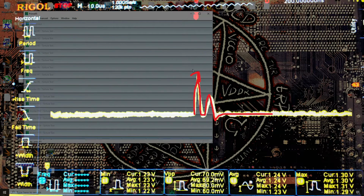It's not possible for a motherboard to have the average and the minimum voltage be the same. I don't think it's possible. But yeah, 10 millivolts difference between average and minimum, that's as good as it gets with my measurement methodology here. So, yeah. Anyway, we do still kind of have a